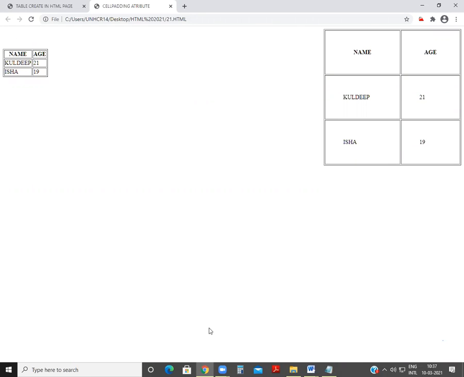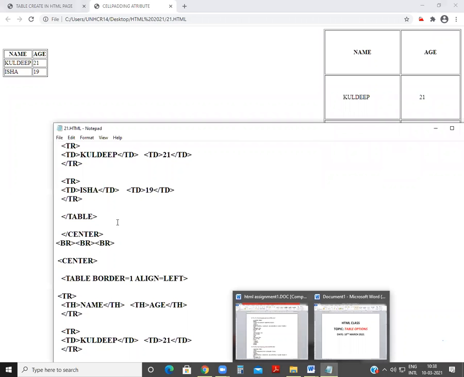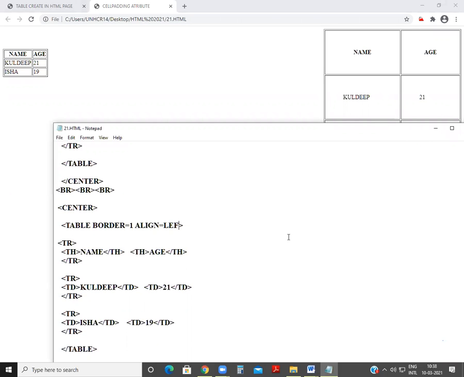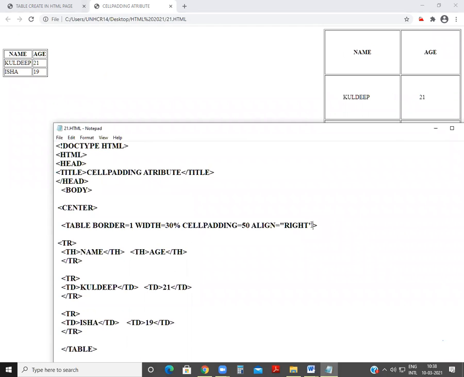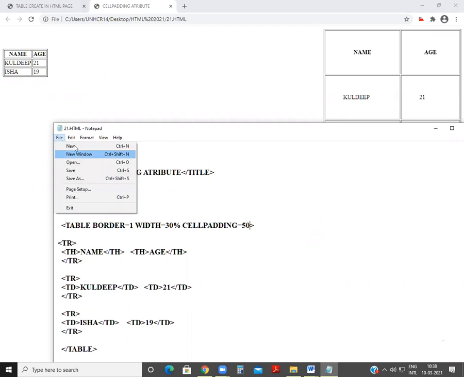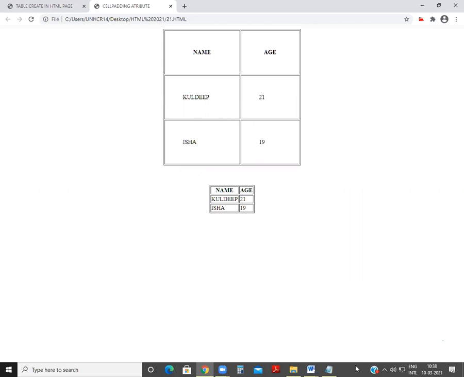If you're not writing this align, what will happen? If you don't write align, one table will come below the other table. If you're not writing align here, it will come like this.